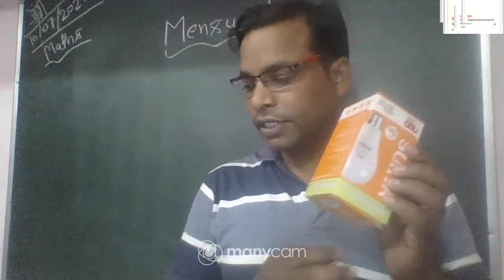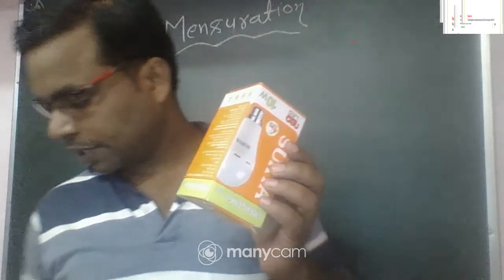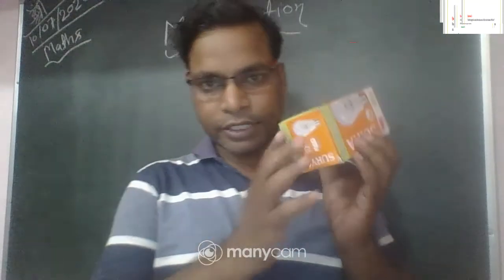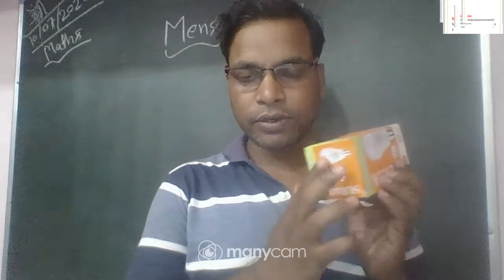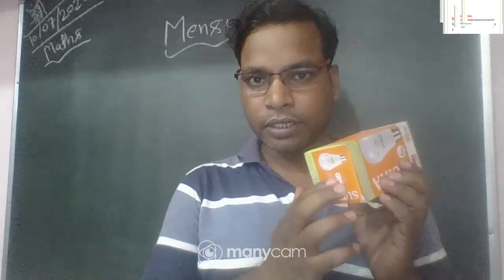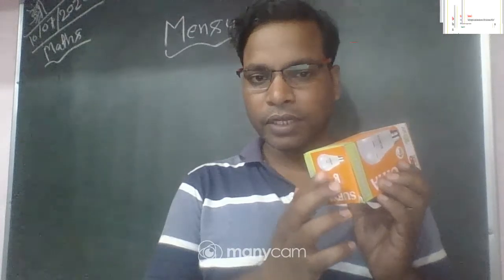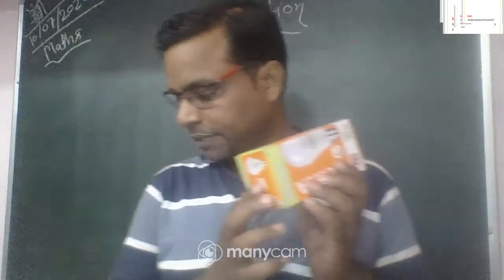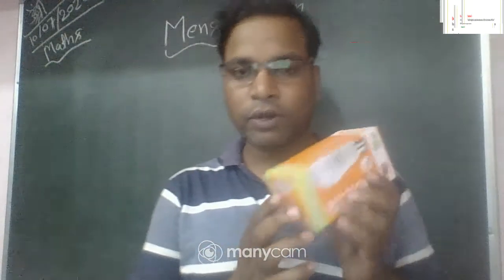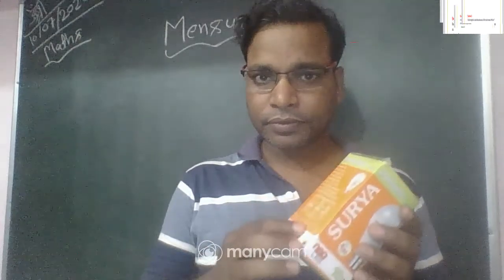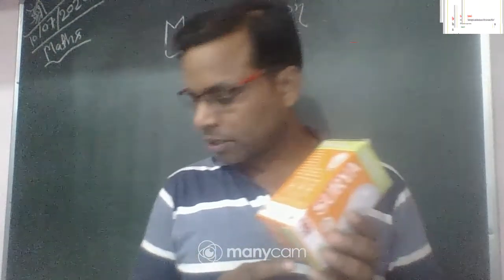Okay. So in this question, you have the area of base. This is the area of base. How do we find the area of base? We find the area of base as length into breadth. So area of base is equal to length into breadth. This is given: area of base is 180 centimeter square. And the volume of this cuboid is also given, 900 centimeter cube.